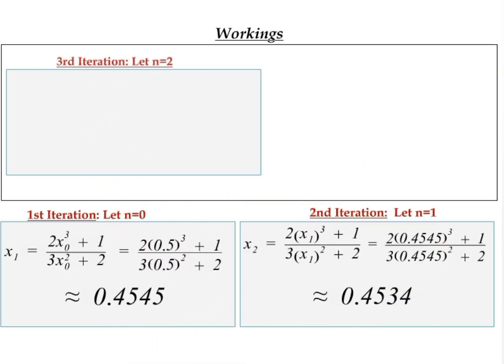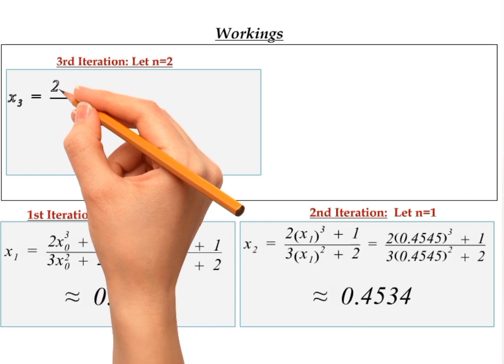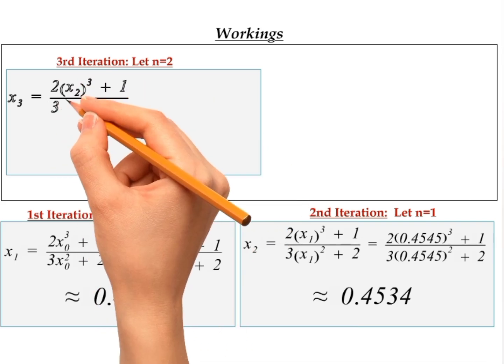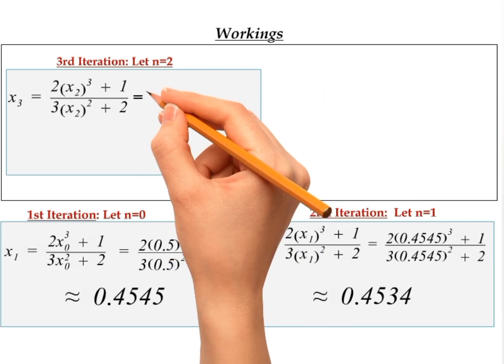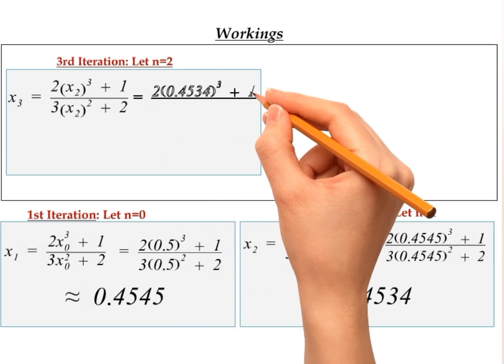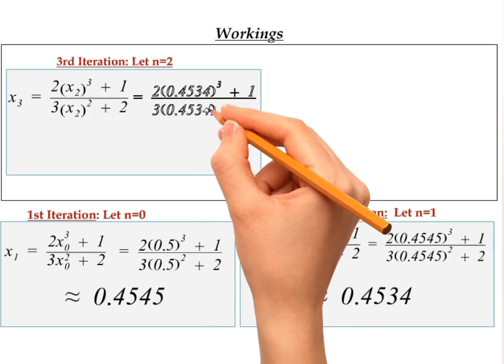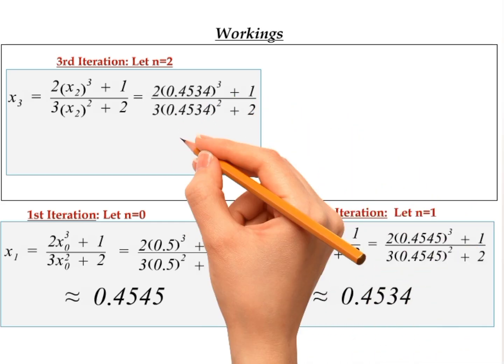Let n be equal to 2. Then x sub 3 equals (2x sub 2 cubed plus 1) over (3x sub 2 squared plus 2). Since x sub 2 is 0.4534, we substitute this into the expression, and this gives the value of x sub 3 as